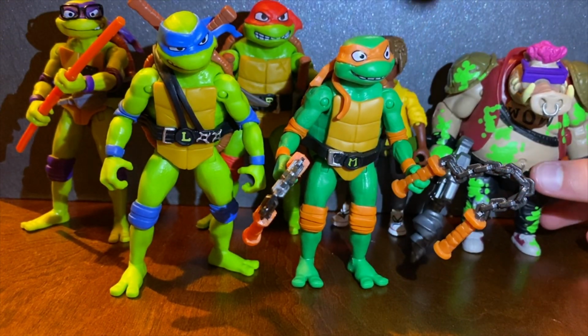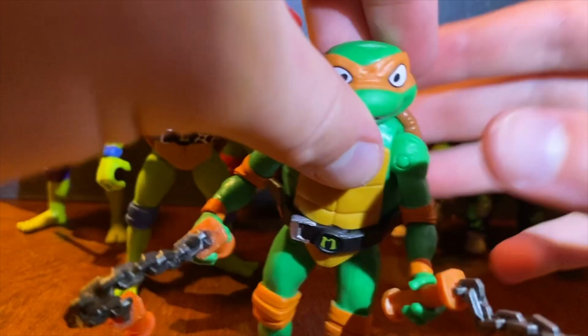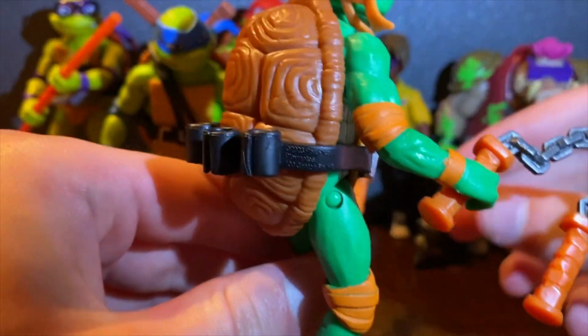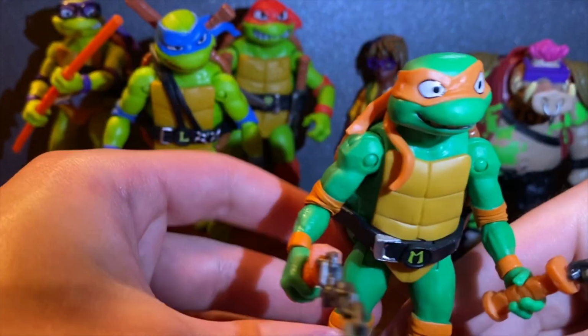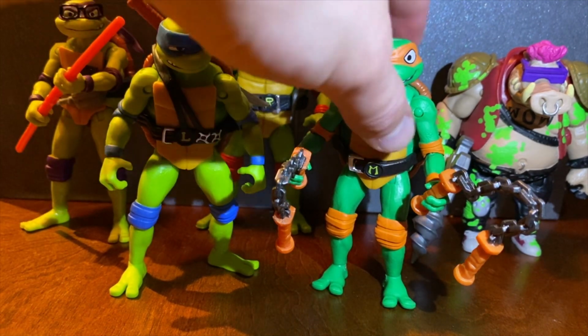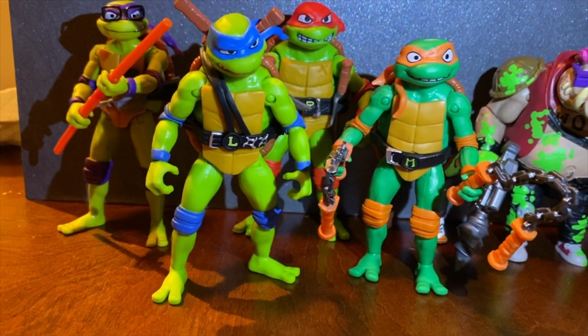But for Playmates, this is like some of the best stuff they've ever made. If you take a look at Miki, the sculpt work and everything else, the shell especially, just looks phenomenal when you compare it to the movie. It's just accurate to the movie, which is something that I guess Playmates isn't really known for. They just kind of make a bunch of weird stuff. Some of the 2012 stuff was cool, but even that had some weird